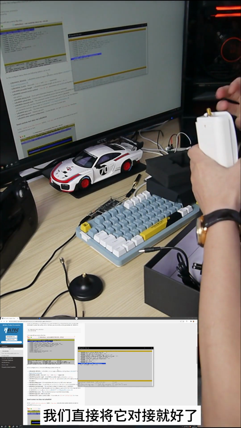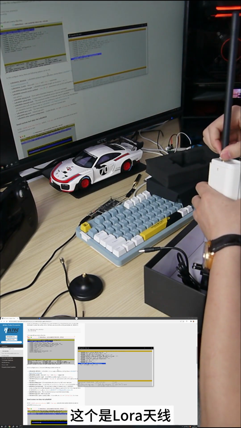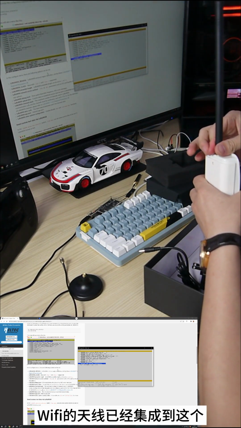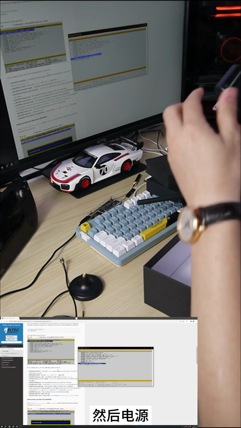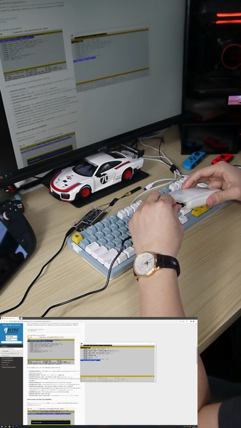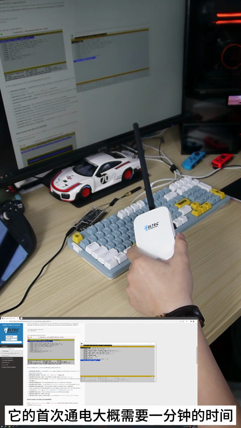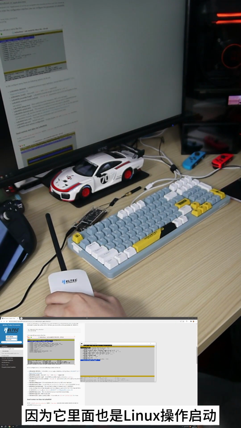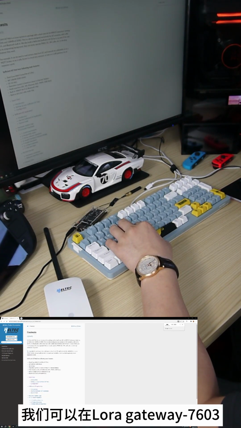We can simply connect them. The LoRa antenna is shown here. This gateway includes a Wi-Fi antenna as well as the power supply. Now let's switch on the gateway. Turning on the gateway for the first time may take around 1 minute because it also serves as a Linux boot. For the gateway's operation, LoRa Gateway